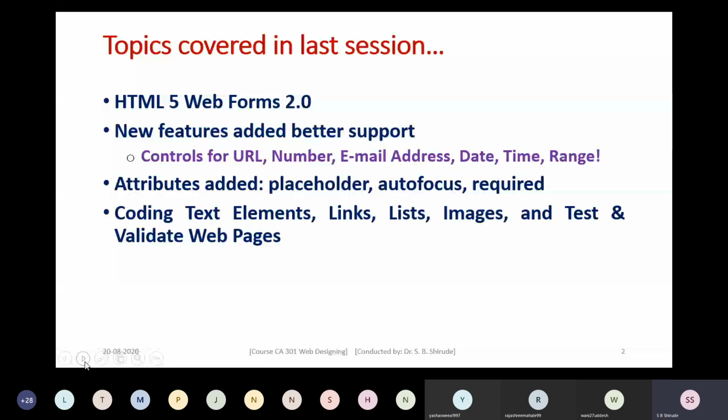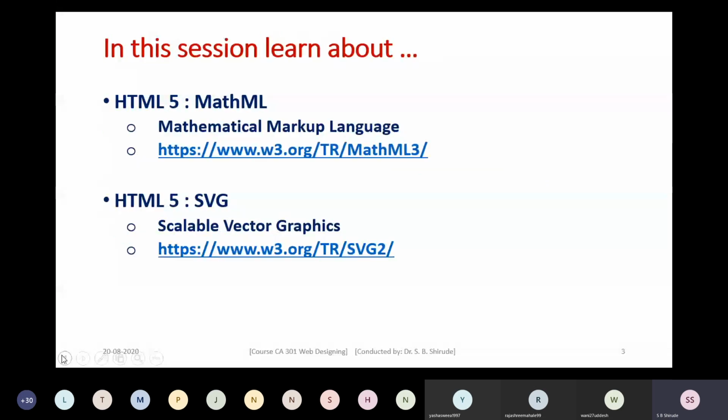The new features are the controls for things such as URL, number, email address, date, time, and range. Along with that, we also saw the use of the attributes placeholder, autofocus, and required.